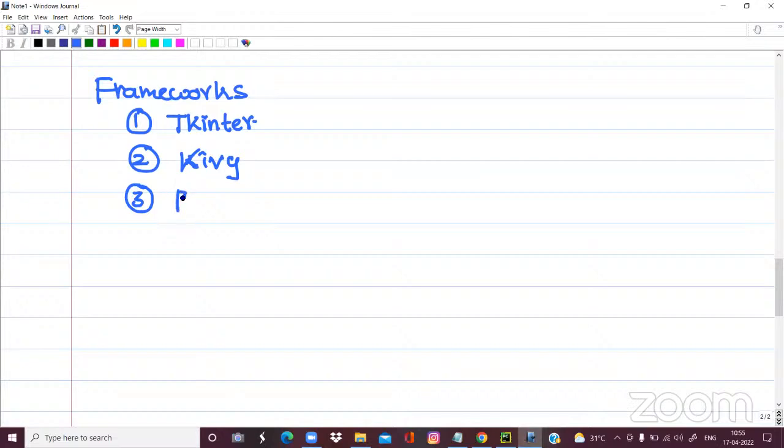Then another one that we have is PyQt5, which is often used for building graphical user interfaces. There are many other such frameworks, but these are the three most widely used